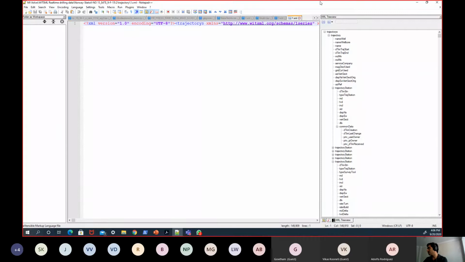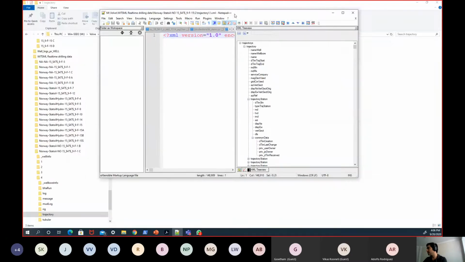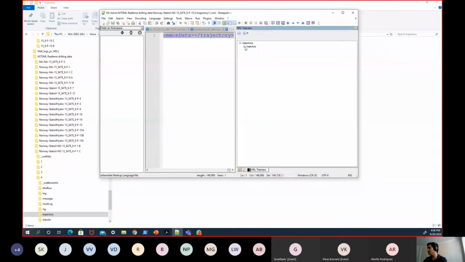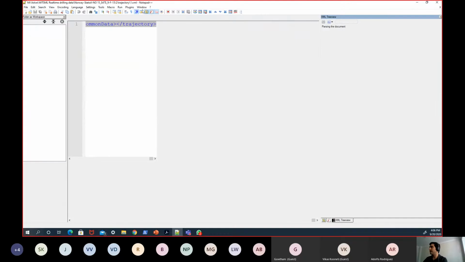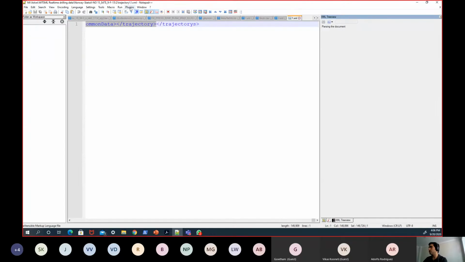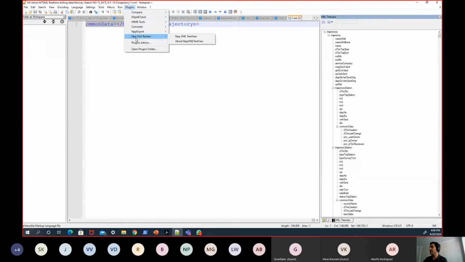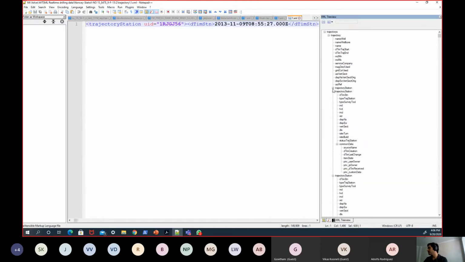I know it's a bit tiny, but on the right-hand side, we have the actual nodes of the file. I'm using Notepad with a plugin called XML Tree View. Inside that file, we have different trajectory stations, and if you have a look,